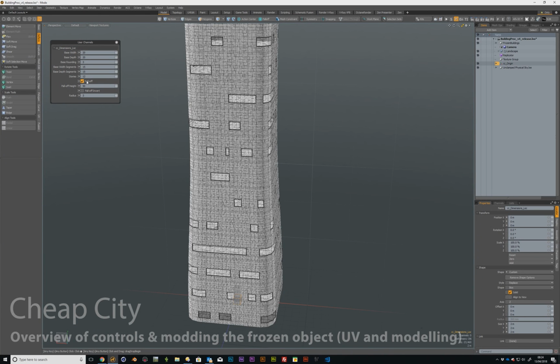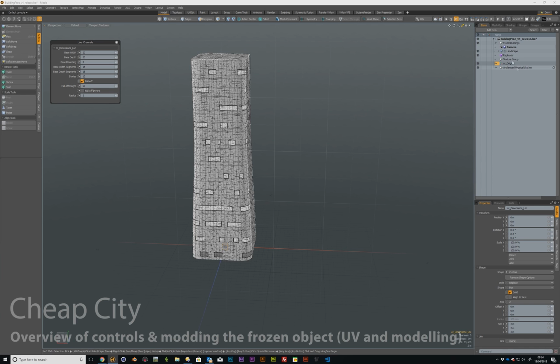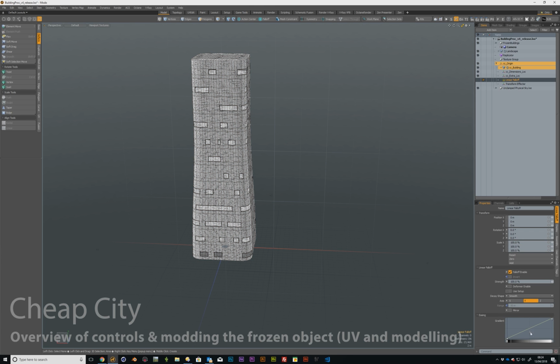I'm going to turn the fall off. No, I'm not. I'm going to keep that on. I'm just going to show you in CC Origin. So Cheap City Origin, we've got Cheap City Building, and this is the mesh op basically. Click on the fall off, right mouse, sort of middle mouse click. We can now change